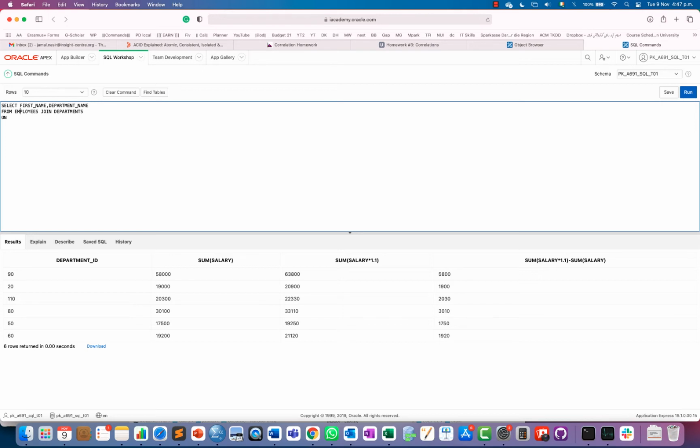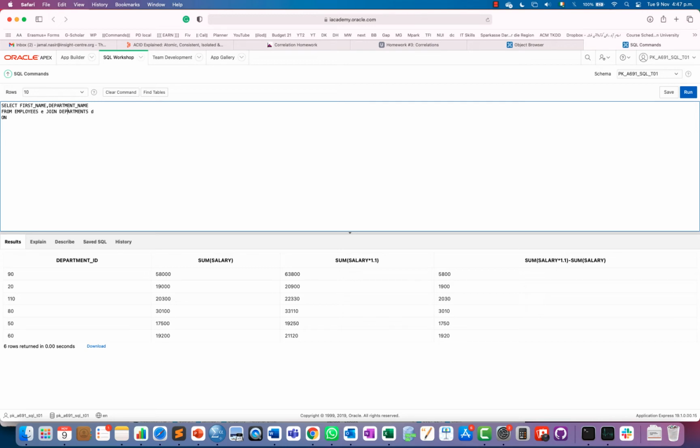But the easiest way is we can make aliases of table names as well. So just place a small e in front of employees, join departments space D. So what does it mean?